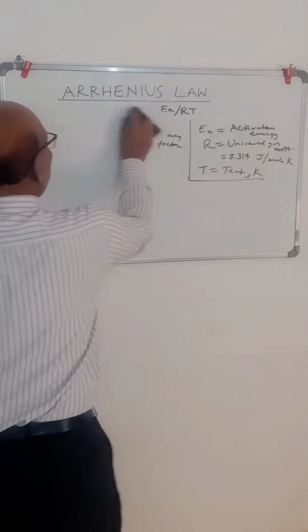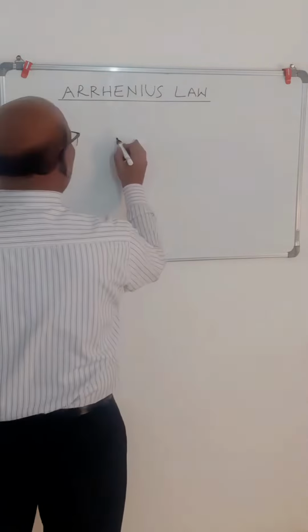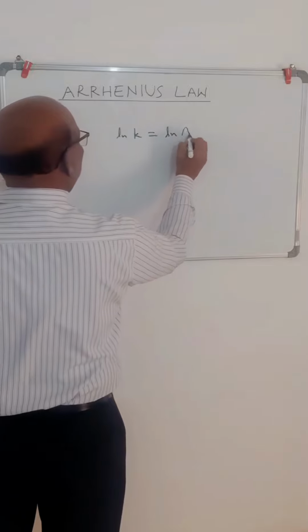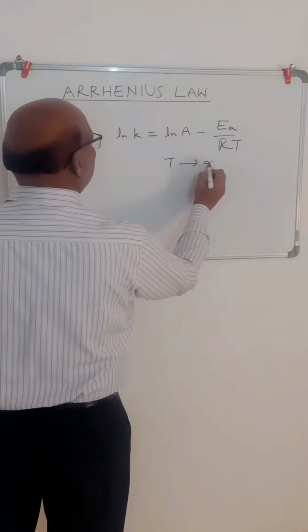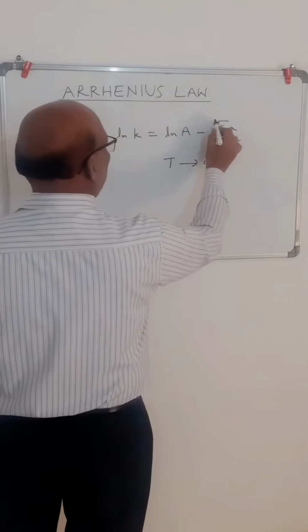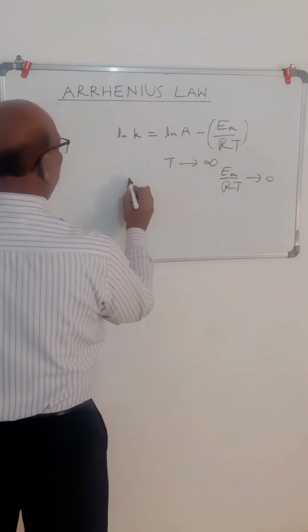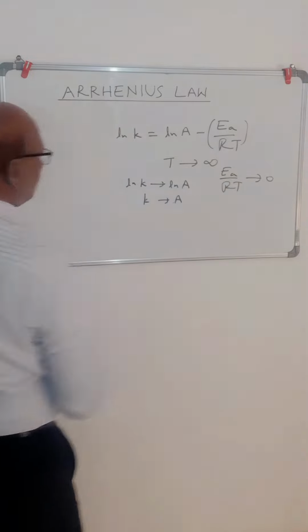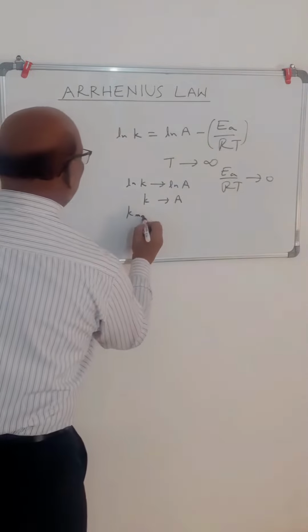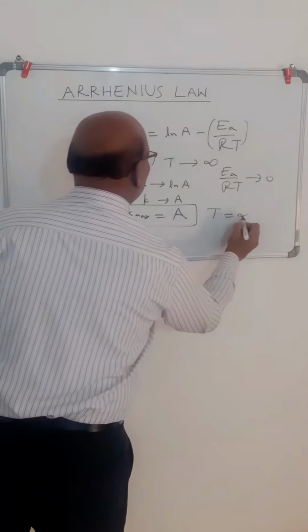अभी इसके कुछ रिलेशंस हैं वो हम बताएंगे। तो जो हमने इक्वेशन अभी लिखी थी, that is ln of k equal to ln of A minus Ea upon RT. Suppose temperature tends to infinity, then what will happen? This term will tend to 0. That means Ea upon RT will tend to 0, and ln k will tend to ln A, or we can say that k will tend to A. So we can say that maximum value of k can be equal to Arrhenius factor when temperature is infinity.